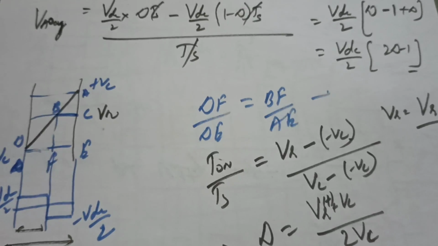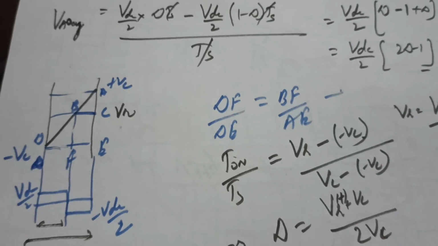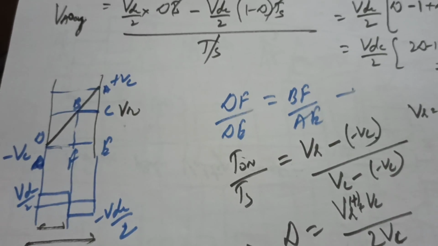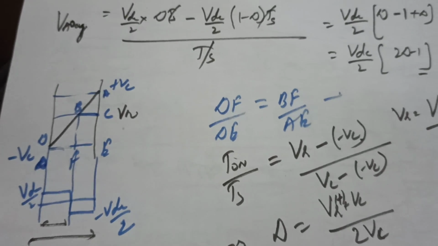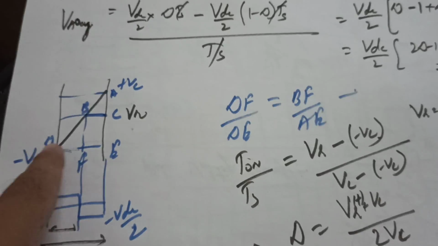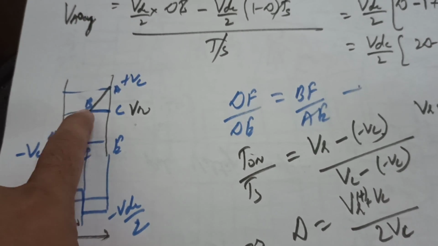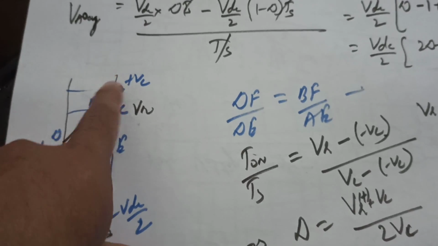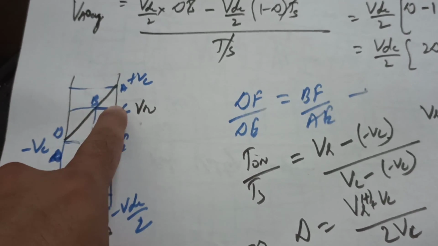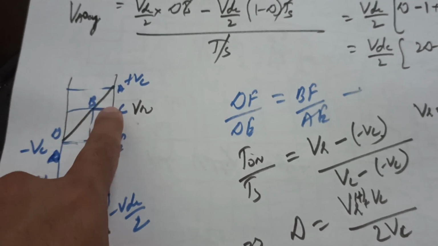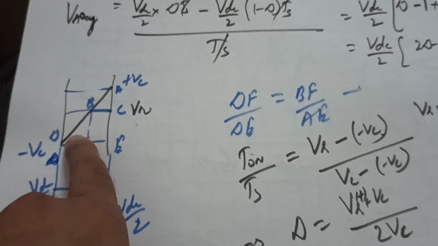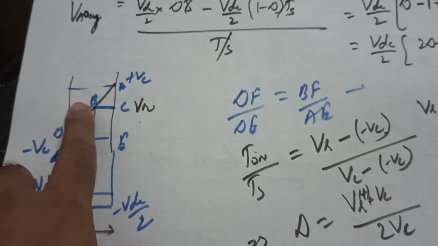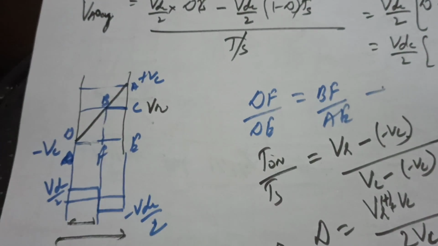Before starting the lecture, I would like to revise what I taught in the last class, because it is of utmost importance. We have been discussing that a sinusoid is assumed to be a straight line. The comparison is done. This is labeled as Vr of t, obviously Vr as a function of time. This is the control carrier wave. Now the comparison is carried on.